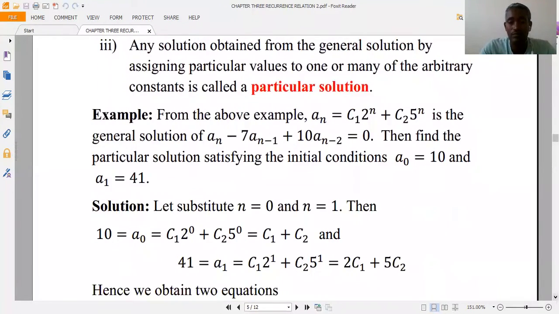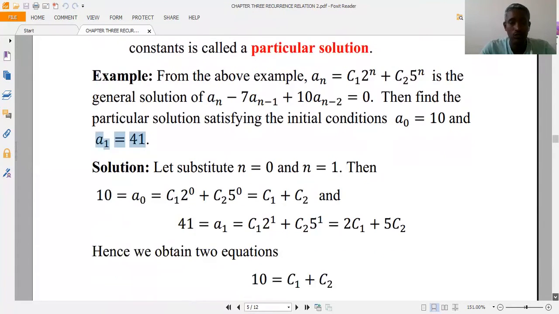For example, from the above example, we proved that a_n, which is equal to c1 times 2 to the power of n plus c2 times 5 to the power of n, is a general solution for the recurrence relation. Then, given 2 initial conditions, a0 is equal to 10 and a1 is equal to 41, what will be the particular solution for this recurrence relation? So substituting n equals 0 and n equals 1 in the solution,